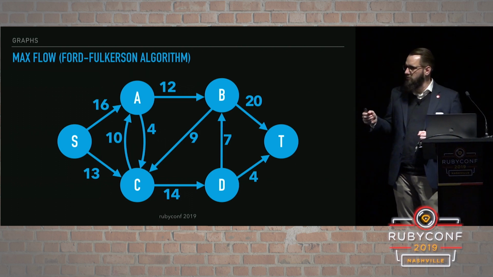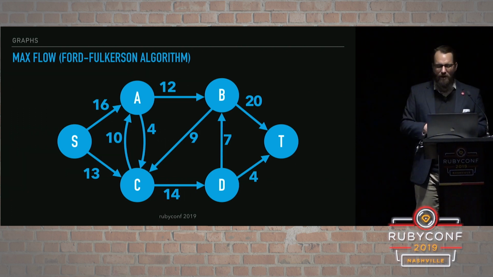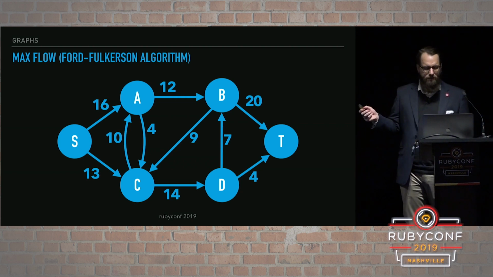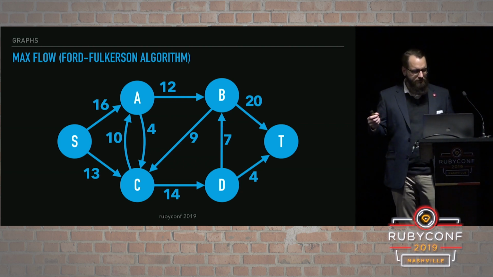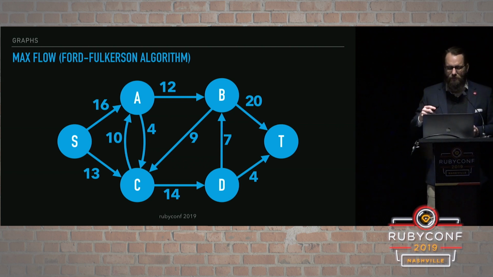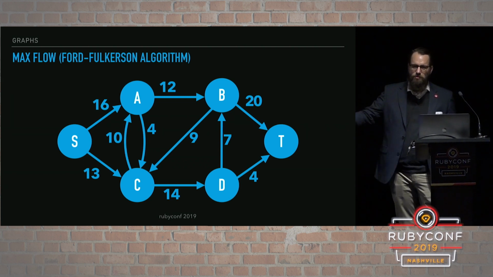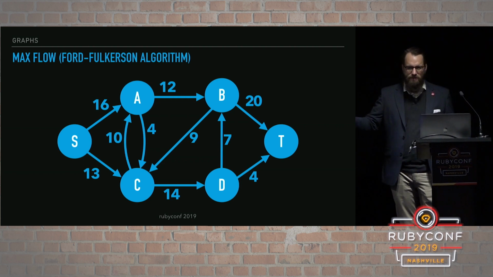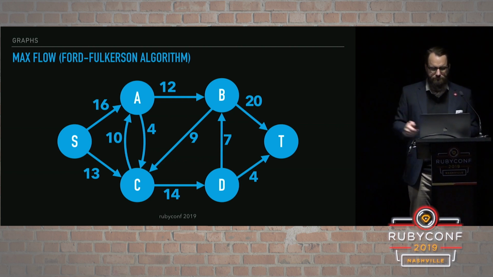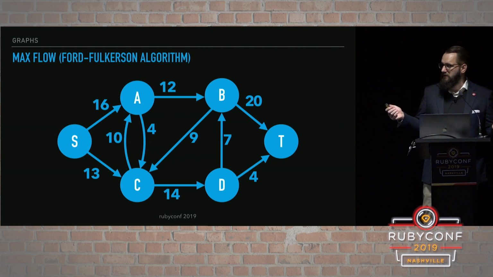So here's our new graph. We have arrows. We have an S, the source. T is the sink. I suppose you can't really have 2 S's, so that's why they call it T. And we want to find how much stuff can we put through these arrows to get to T? What is the maximum flow? So we're going to find our first